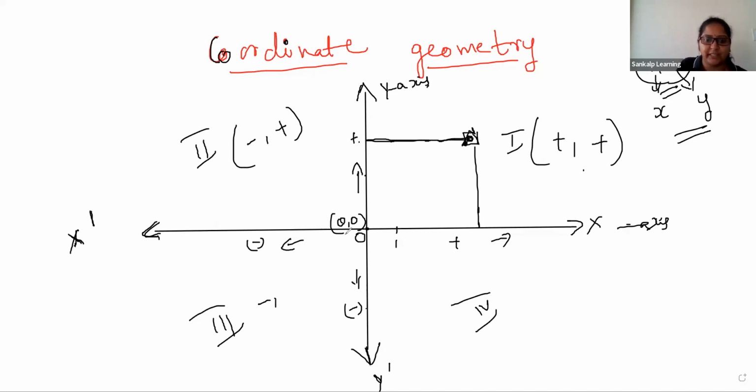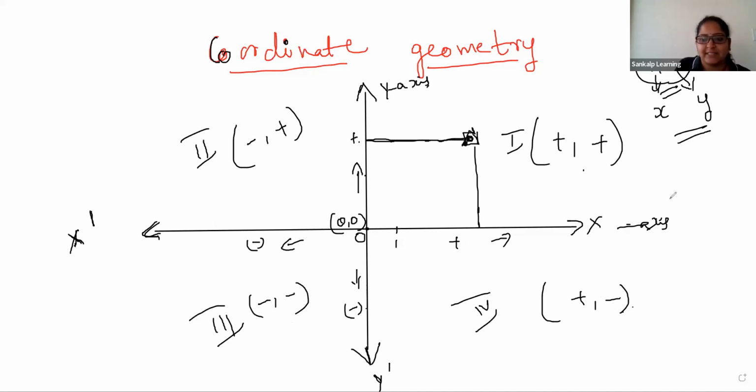So y dash and x dash. So y is also negative, x is also negative. And in the fourth quadrant, x is positive, y is negative. So you should know all this. And sometimes they give in the problem,